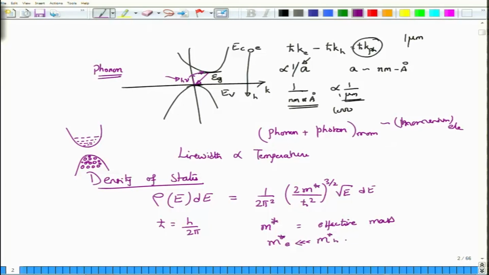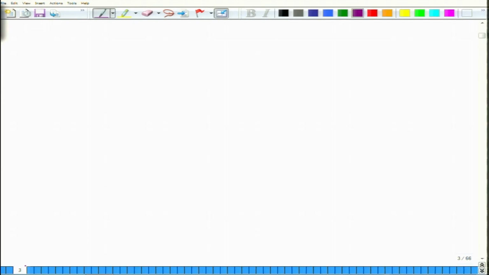Now, what is the implication of this result onto the density of states? What it means is that the density of states for the electrons will be much less than the density of states for the holes. Why? Because the density of states is directly proportional to the effective mass sitting in here. Now let us do a calculation which will be interesting, and it will tell you how the magnitude of the density of states for electrons and holes will differ.